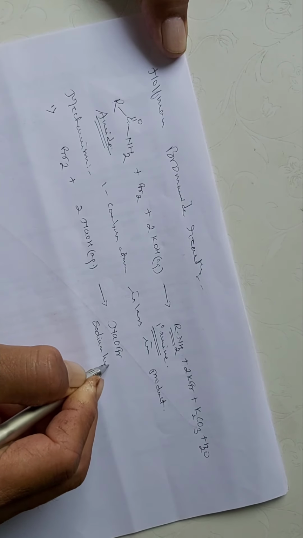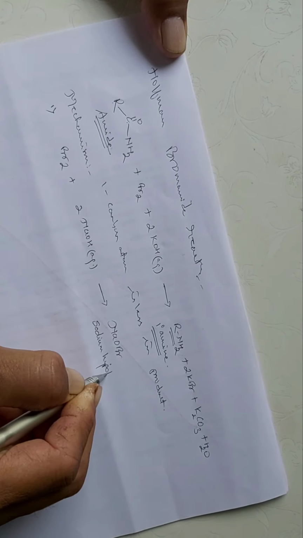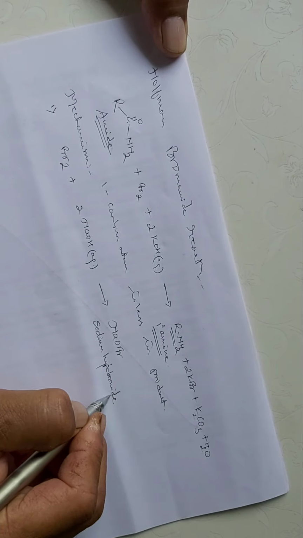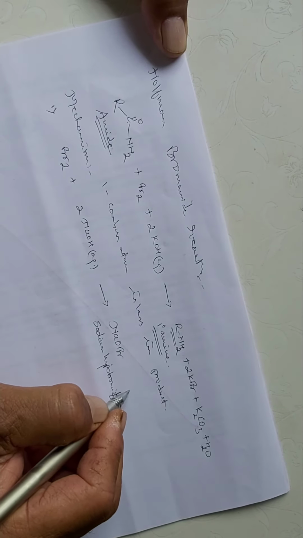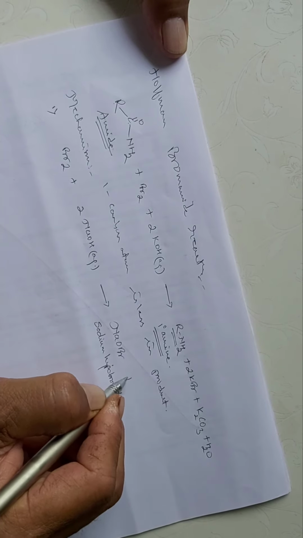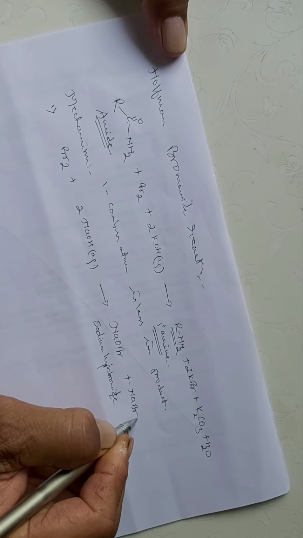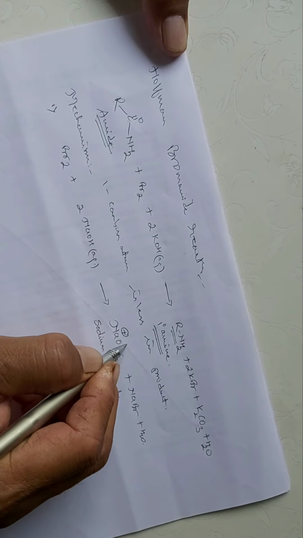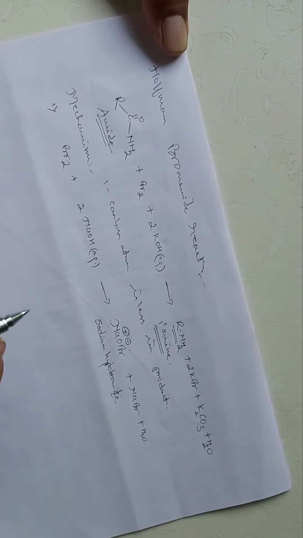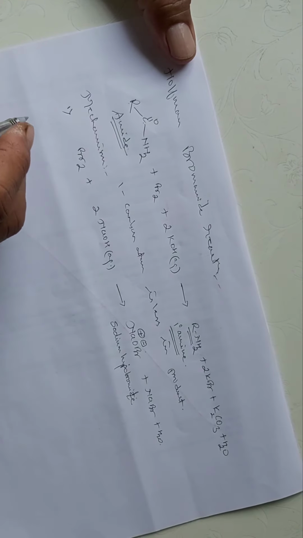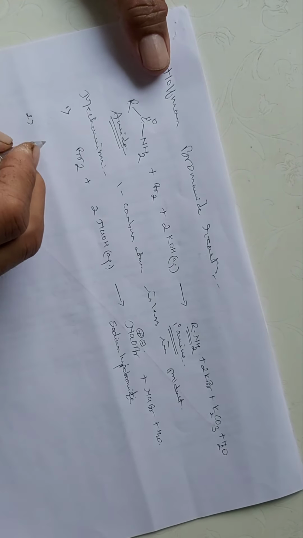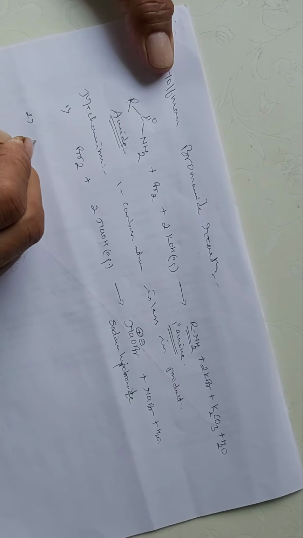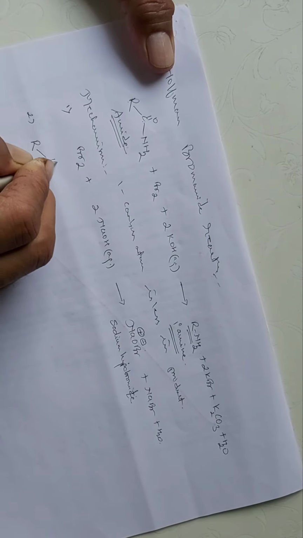So we are using this solution in our laboratory for different types of reactions. So sodium hypobromite solution is obtained, along with sodium bromide plus water. And so here this gives you Na plus and OBr minus. And so this, in the second step, reacts with the primary amide, that is R C double bond O